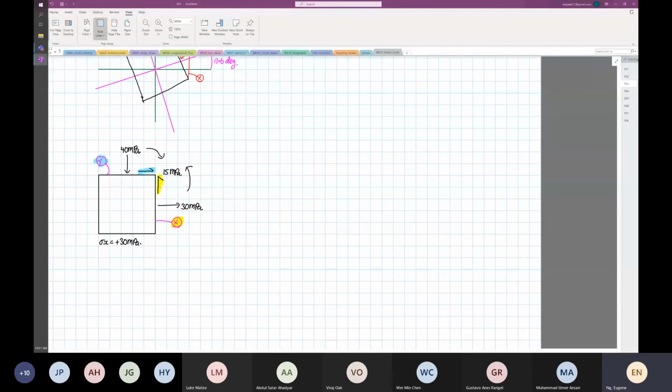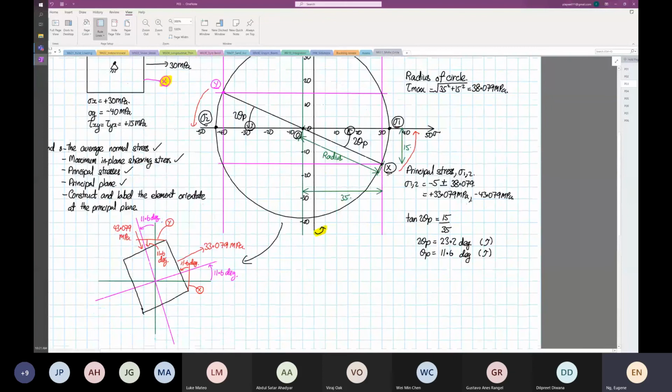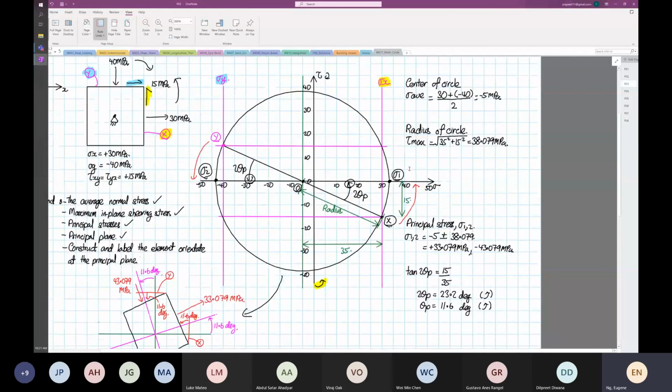Sure, I just have a quick question. Did we say that the direction of theta p would always be counterclockwise? No. For this case only, not always. For this case only, because X to stress 1 is anti-clockwise. If, let's say, point X is on top, it will be clockwise. Does that make sense? Yeah. So just for this case, it's not always. Do not take it as an absolute, because every element